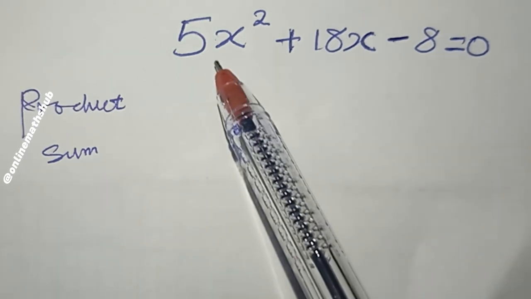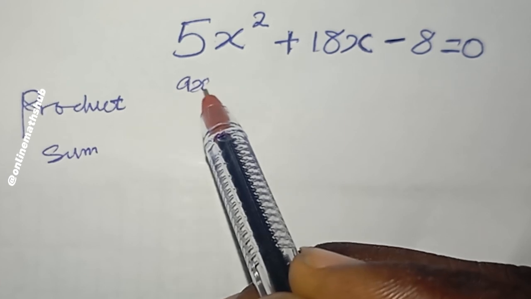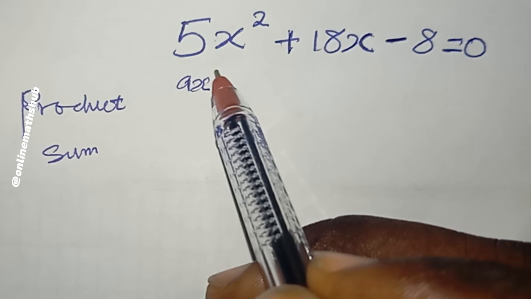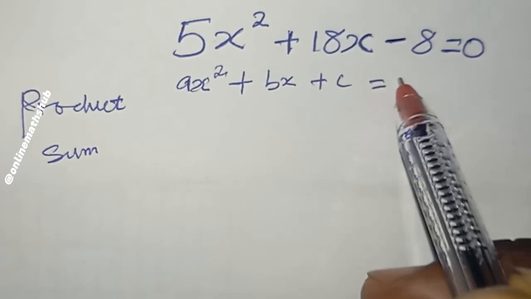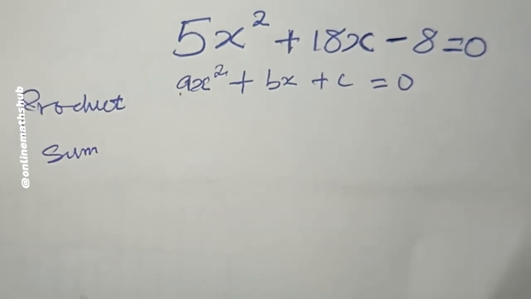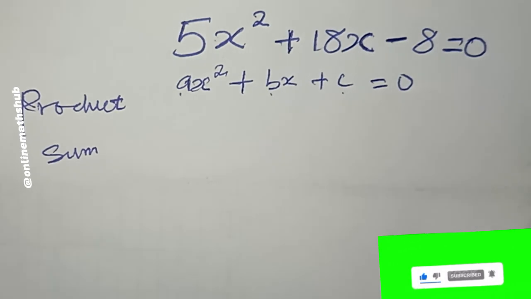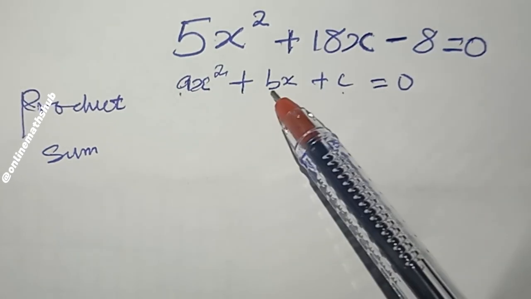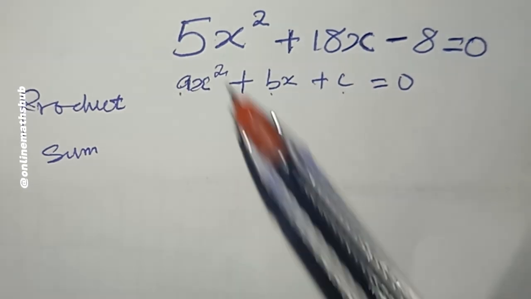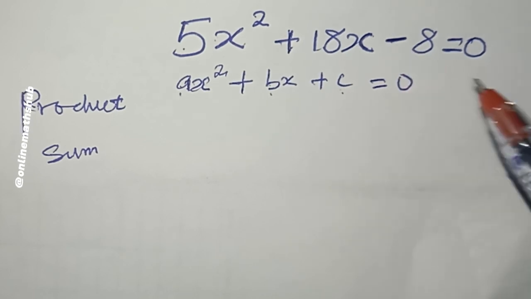And so you look at the coefficient of x squared right here, and if you remember the general form of a quadratic equation, which is ax squared plus bx plus c is equal to 0. So the a here is the coefficient of x squared, b here is the coefficient of x, and the c here is the constant. All quadratic equations are always in this form, so you want to identify these constants, that is a, b, and c. Okay, so a here is 5, and b here is 18, and the c in this question is minus